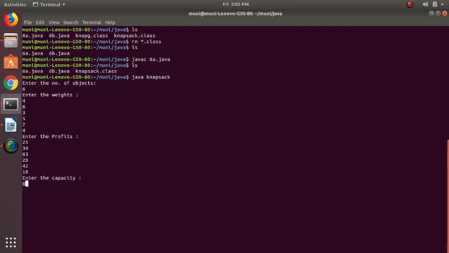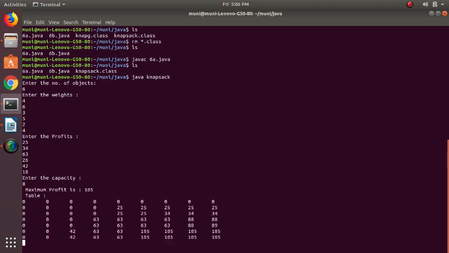You can give a capacity more than the number of objects you entered, so that you will get some maximum amount. The profit you get will be the summation of some profits, so that you choose complete objects, right? Then you get the weightage. You can see here the maximum profit is 105.